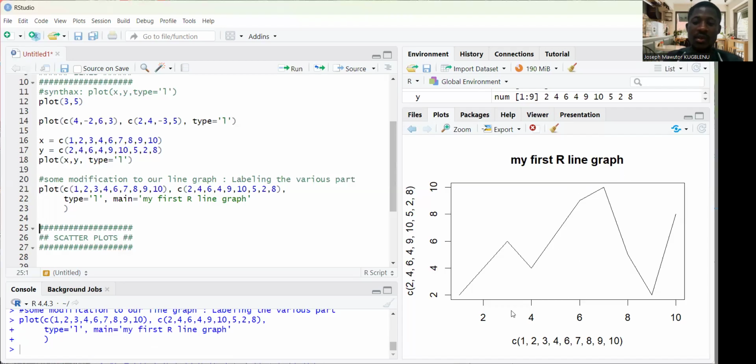Because we did not specify the X and the Y, it used the various numbers as the X and Y. Right, so let's go back to it and modify the code. Let's add the parameter xlab to denote x label, right? X label. So let's just call it x axis for now,